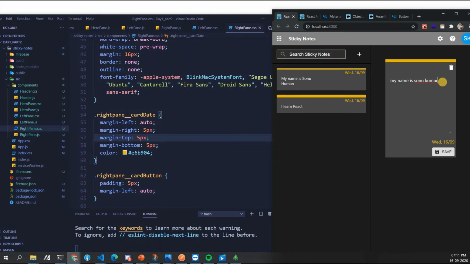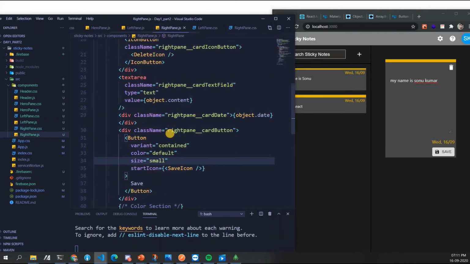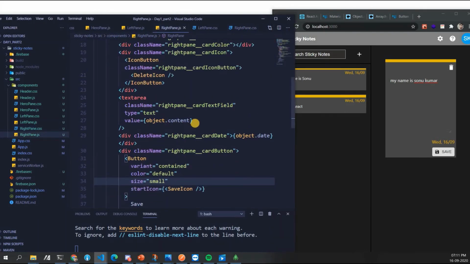But the only thing is, if I type here, if you go and type in your box, you will not be able to type. Why is that so? Because it is just dummy. We have not made it functional. Yeah, but another thing is, guys, whenever you have a text field or text area, you should have an event for that. Okay.